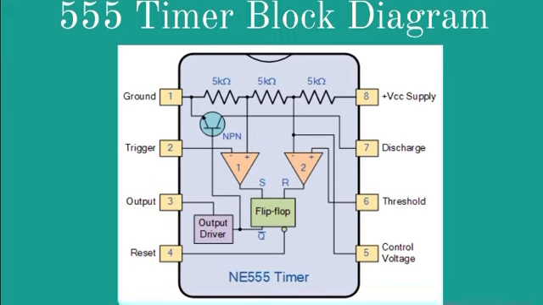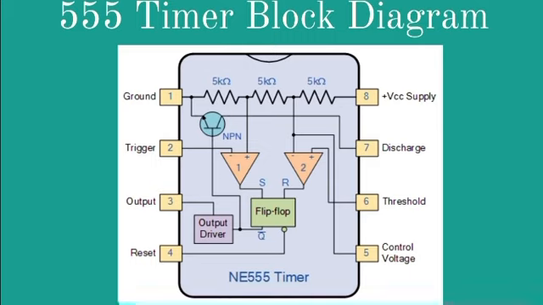Okay, so the load connected between the output and the supply pin is called a normally on load, and that connected between the output and ground pin is called a normally off load. Remember, the load connected between output and the supply pin is called normally on load, and that connected between output and ground pin is called normally off load.